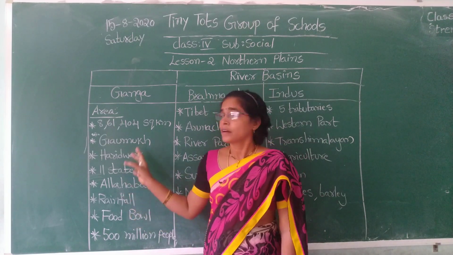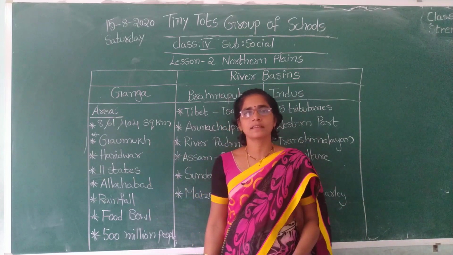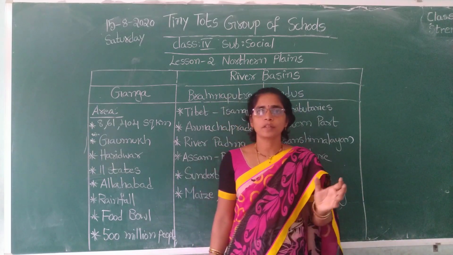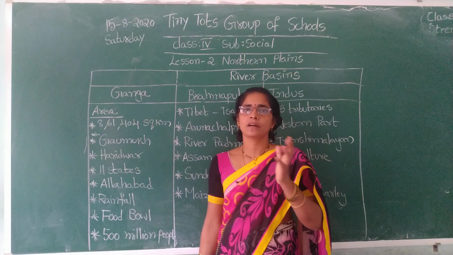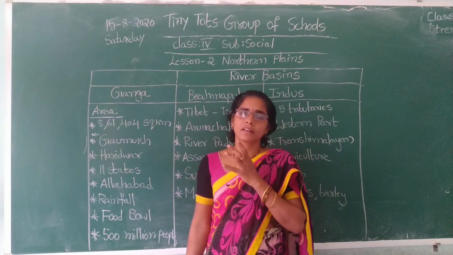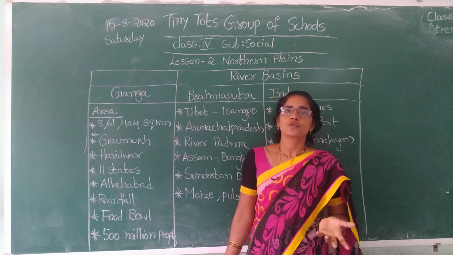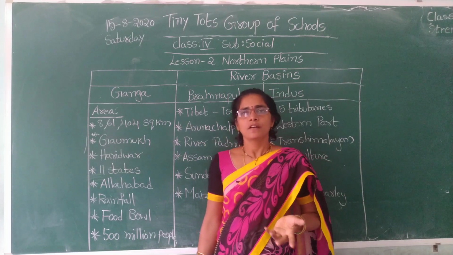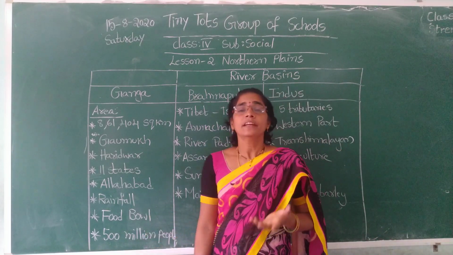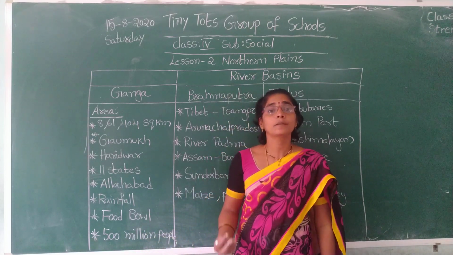Okay. And now I am going to explain about the rainfall. The rainfall is not even in Ganga river basin. If we compare, the eastern part receives heavy rainfall compared to the western part. In the western part rainfall is moderate, and so many types of crops are cultivated there. See, that's why it is called the food bowl of India. Food bowl of India. Annapu Patra.